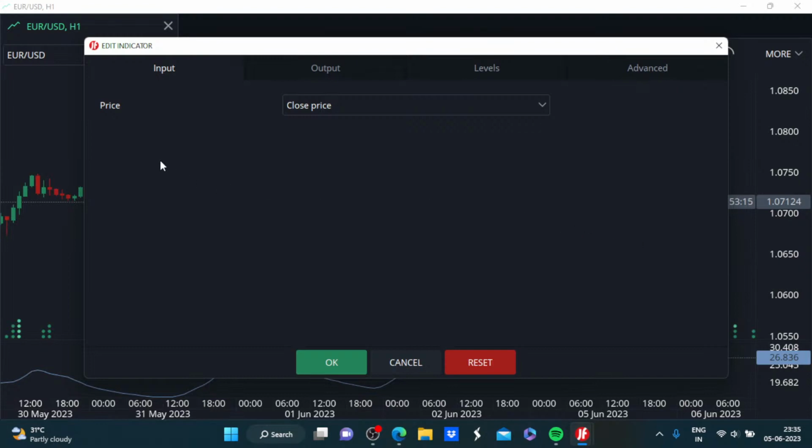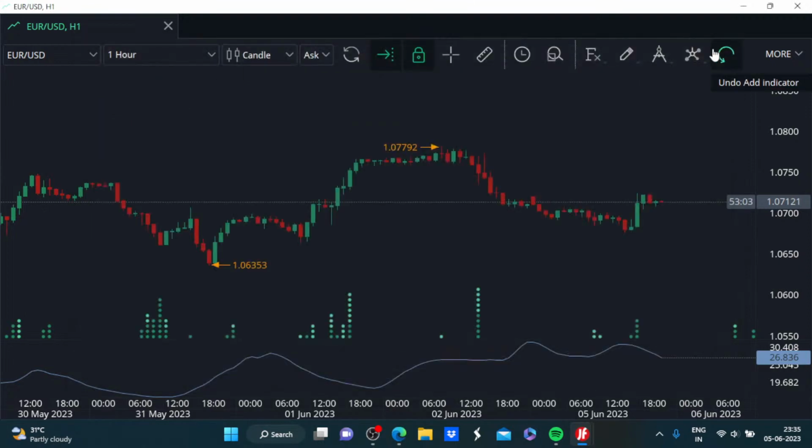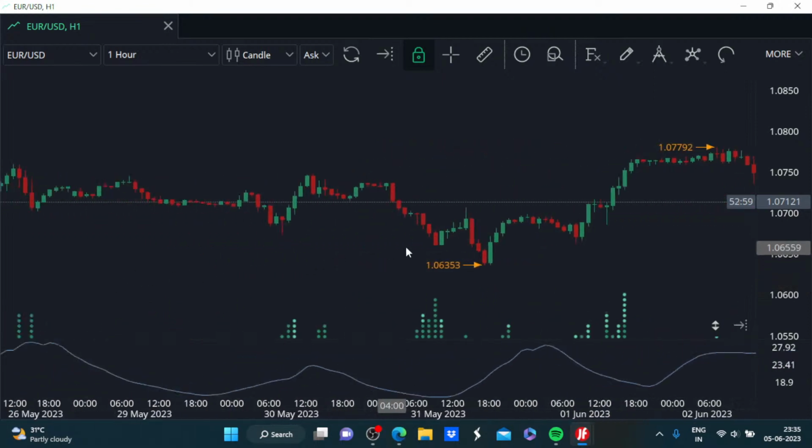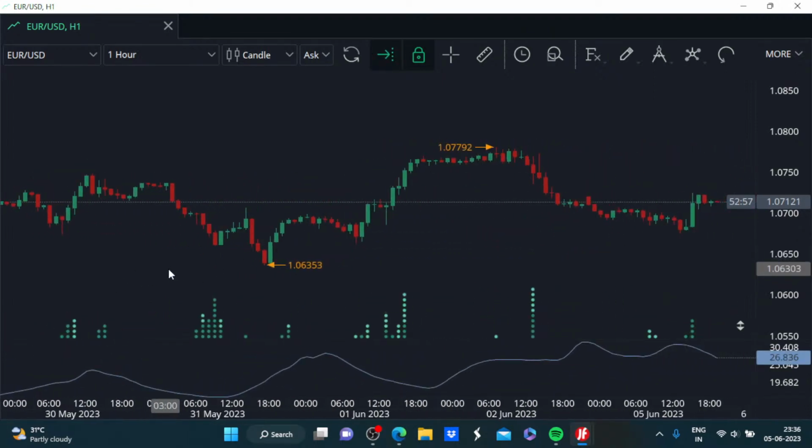So here, as expected, the only thing we can edit is the applied price, and apart from that, there is nothing we can change. So let us now get to the chart again, and I will try to explain to you the underlying logic and how this is plotted. The output value is going to range between 10 to 40, and this indicator basically tells us